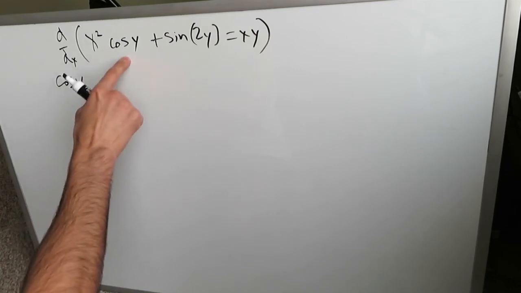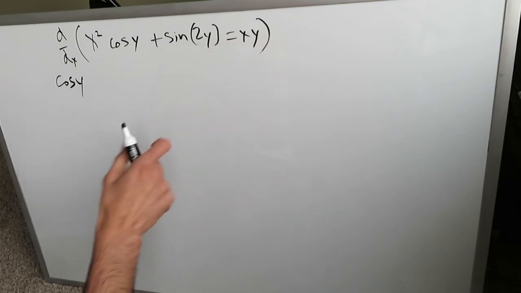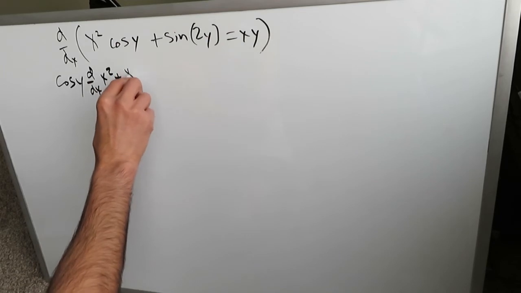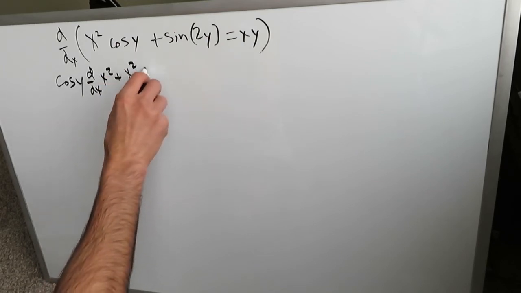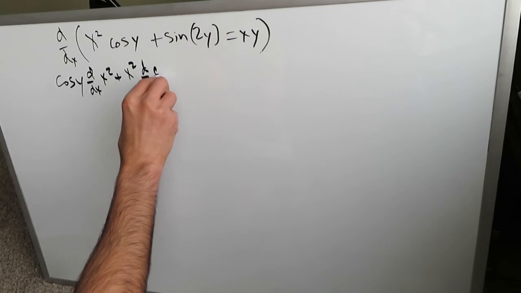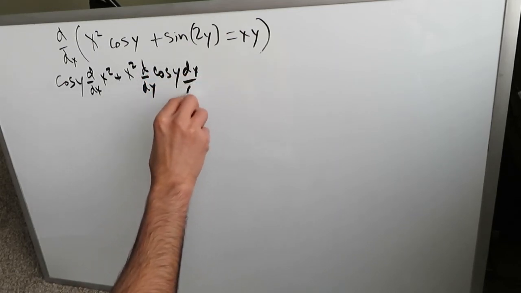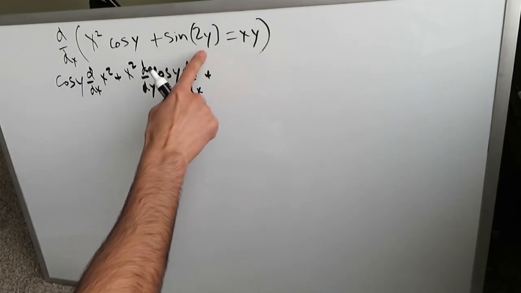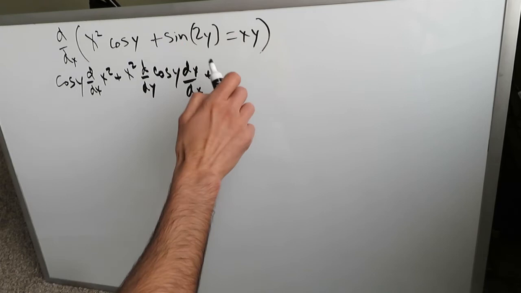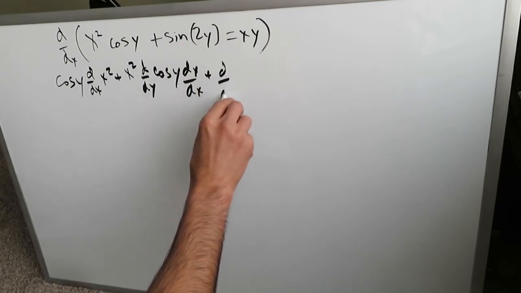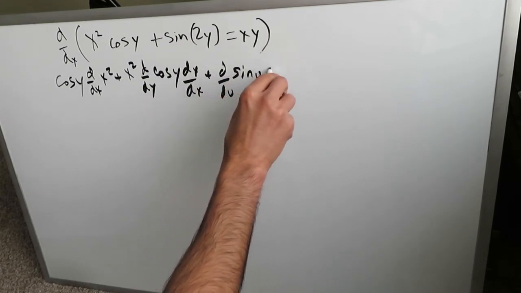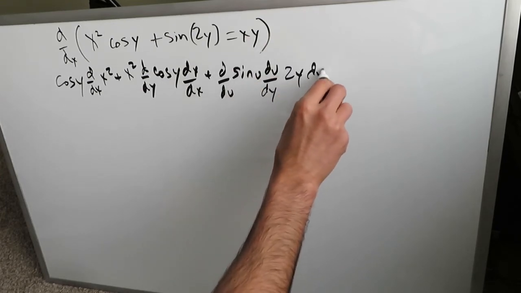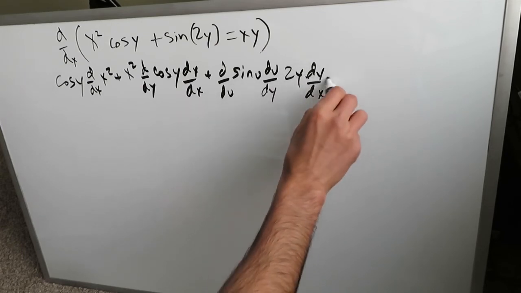Cosine y, this is my f function, g function, chain rule, times the derivative of x squared, plus derivative of x squared, which is my f function, multiplying by the derivative of cosine y, dy dx, plus, now we're going to bring in the chain rule. We know the chain rule, we can do it in our head. If u is equal to 2y, f of u is equal to sine u. D over du sine u, du over dy, du over dy, 2y, and then dy over dx, because we have a y involved over here,